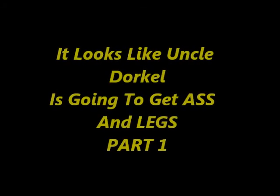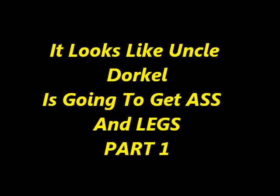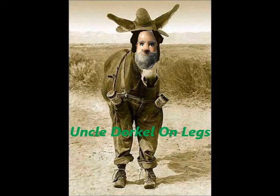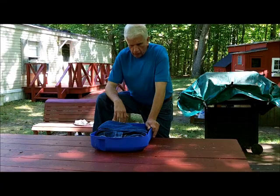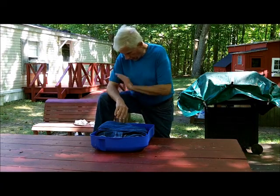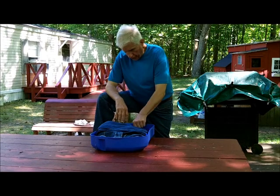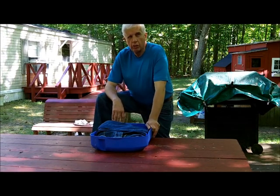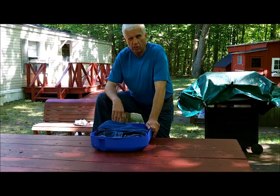Ass and legs. It's about time that you started building me an ass and some legs. I have been waiting for many, many years. I'm going to be starting on a project here, and it's something I've been thinking about. And if you've been watching my Uncle Dorkel skits,